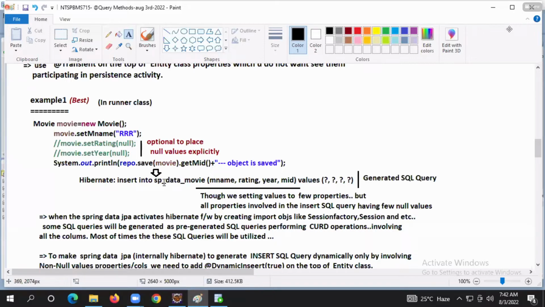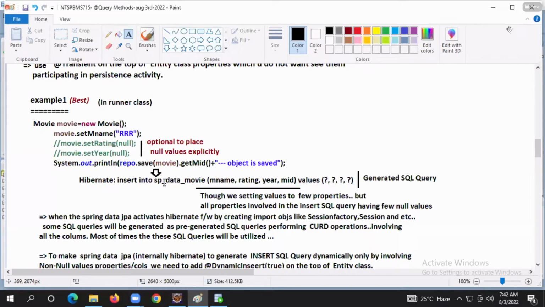Whenever Spring Data JPA internally activates Hibernate, in Hibernate the configuration and session factory objects will be created. They are internal objects, don't worry. Whenever those objects are created, for basic fundamental operations, certain queries will be generated automatically, whether they are used or not. Are you listening to my statement, guys?